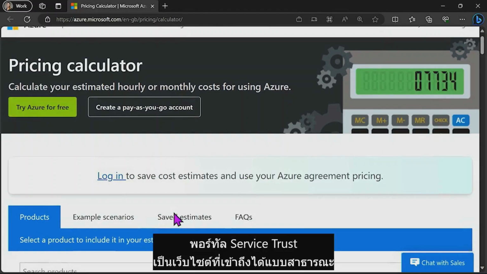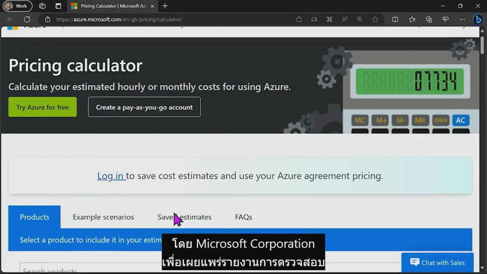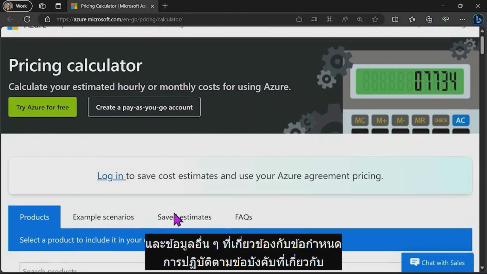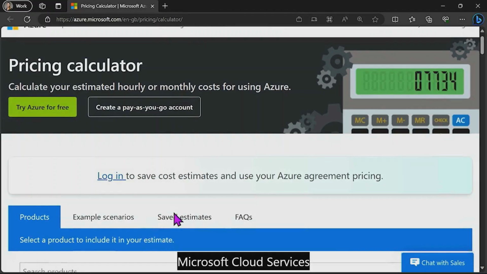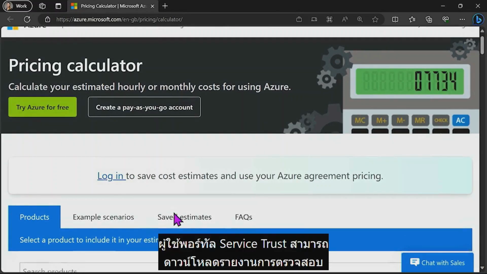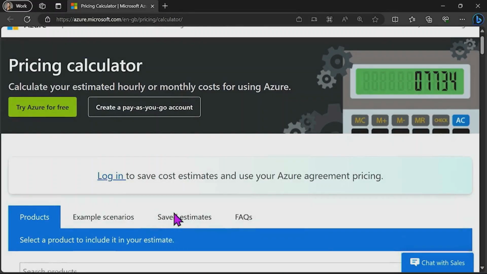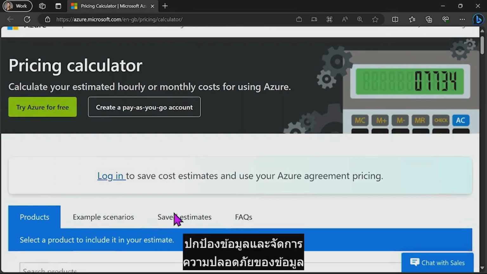The Service Trust Portal is a publicly accessible website by Microsoft Corporation to publish audit reports and other information related to compliance requirements concerning Microsoft Cloud services. Service Trust Portal users can download audit reports created by external auditors and access analytical information from Microsoft technical documentation, which contains details on how Microsoft Cloud Services safeguard your data and manage cloud data security and compliance in